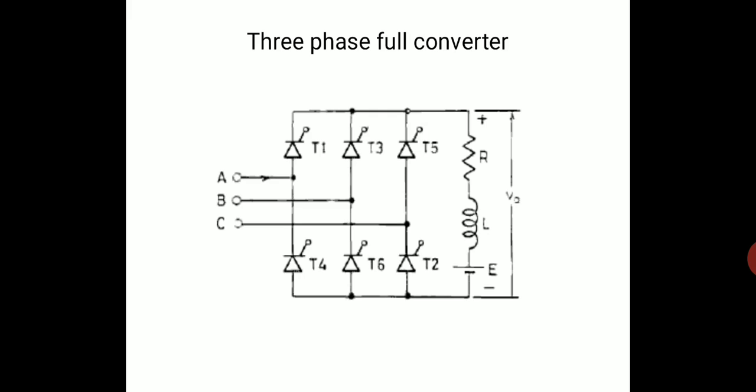As we have seen in our three phase inverters, the thyristors were numbered as 1, 3, and 5 in positive group, and they were numbered as 4, 6, and 2 in negative group. So, same numbering here we are following: 1, 3, 5 in positive side and 4, 6, 2 in the negative side. Soon we will come to know what is the advantage of using such numbering.